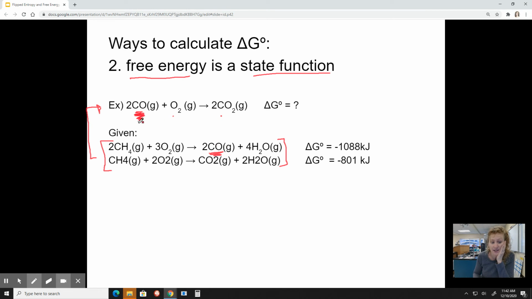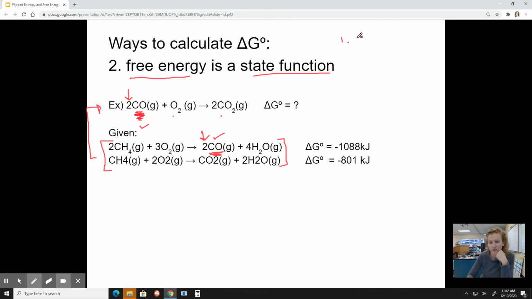Now I want it as a reactant. It's given to me as a product, so I need to flip this reaction. I also want 2 carbon monoxides, and the reaction does give me 2, so I don't have to multiply it. So every time you do this, you're going to make